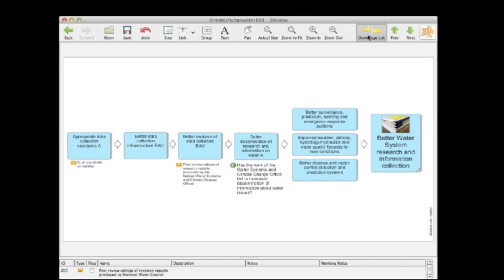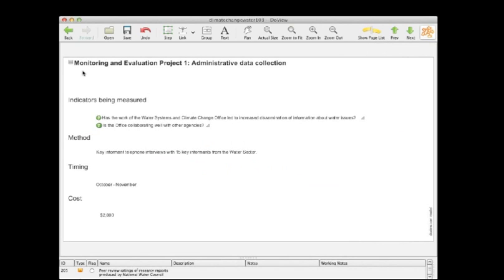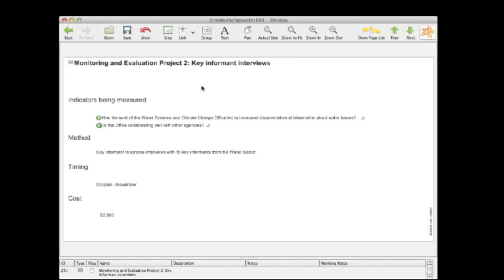Now, the same applies if we look at an evaluation question, and here we're talking about an evaluation project which has been set up. So I've just got the names of my projects around the wrong way. It's called Key Informant Interviews. Now this is an evaluation project. A minute ago we had a monitoring project, now I've got an evaluation project, and this shows the